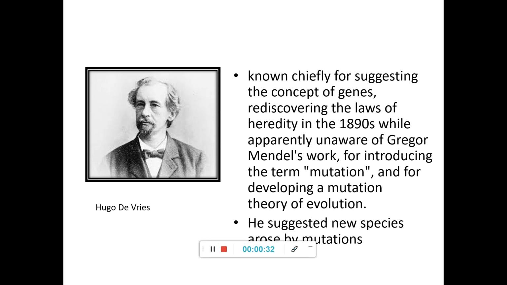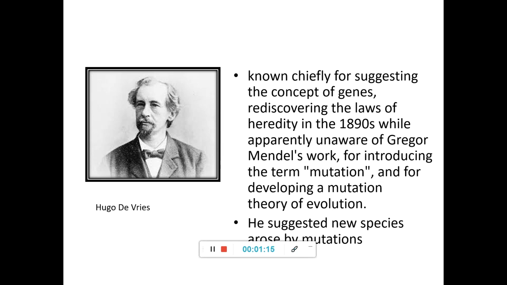During the 1890s, the concept of genes was being discovered by Hugo de Vries, a scientist, and he put forward the laws of heredity while apparently unaware of Gregor Mendel's work, for introducing the term mutation and for developing a mutation theory of evolution. This man studied Oenothera lamarckiana, the evening primrose plant, and he found that some variants of this particular plant were available, and he suggested that these new plants were available not because of